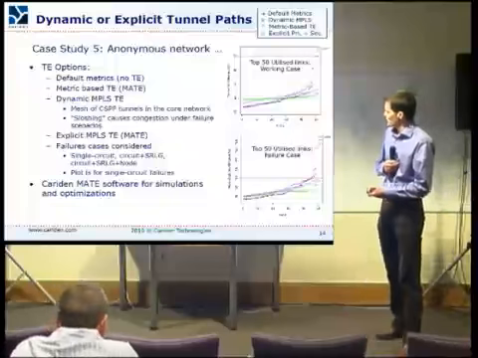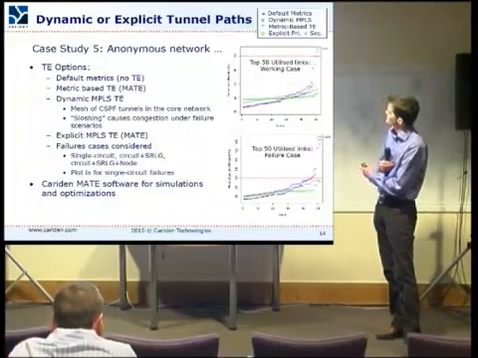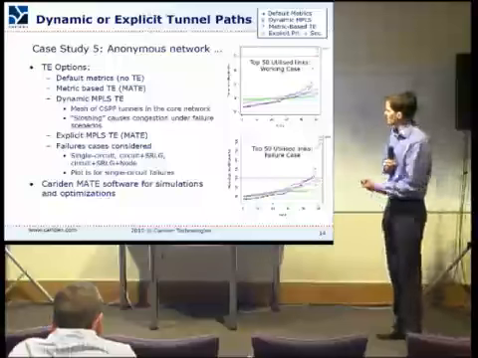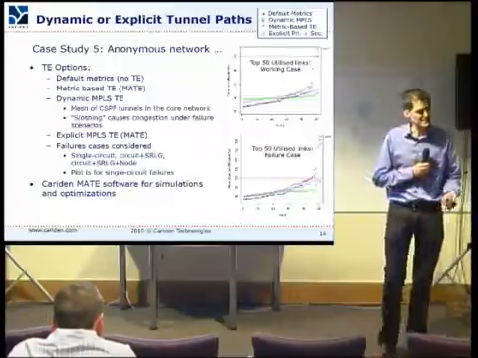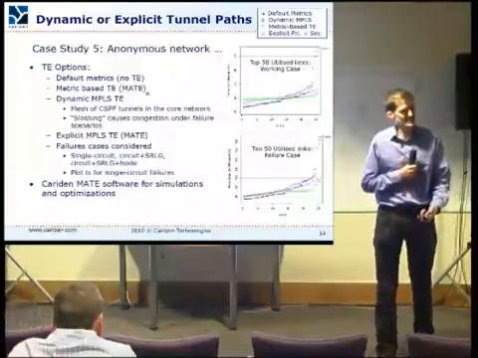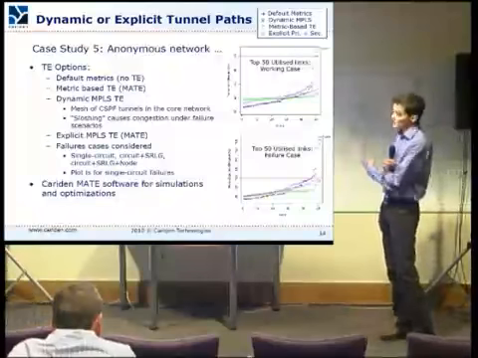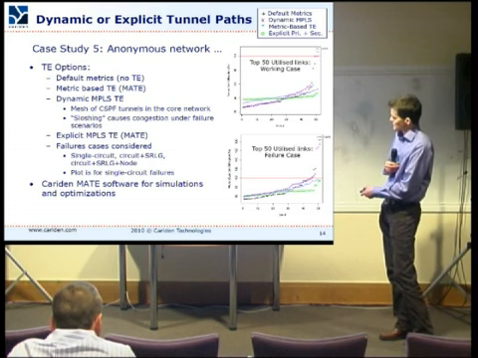And a couple of things to point out. So one is that both metric-based TE and explicit traffic engineering tunnels can both get to a point when you look at failure case where they're bringing the utilization down to below 100%. So to some extent, if that's your target, they're both successful. The other two approaches don't. Neither of the other two approaches did. But how do the approaches differ?